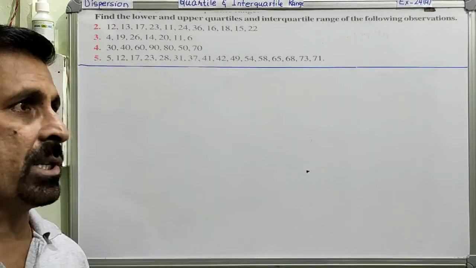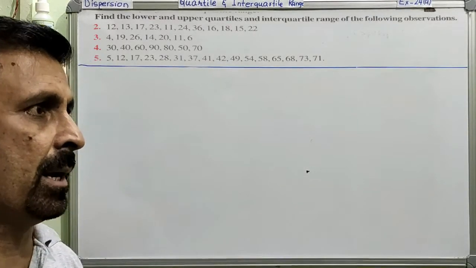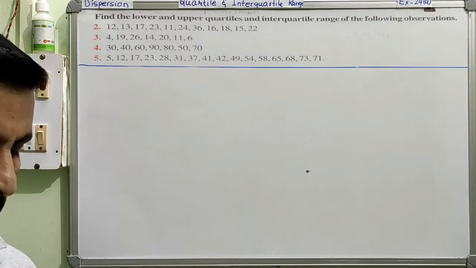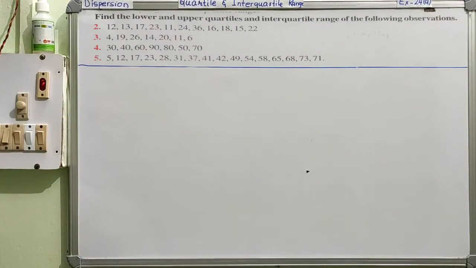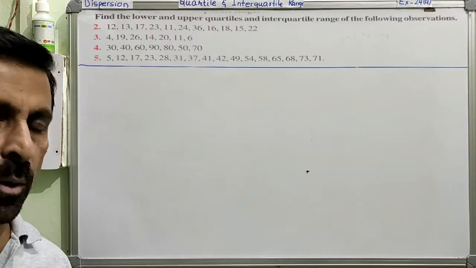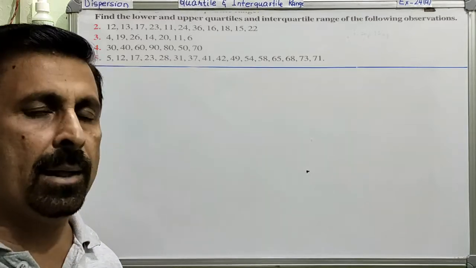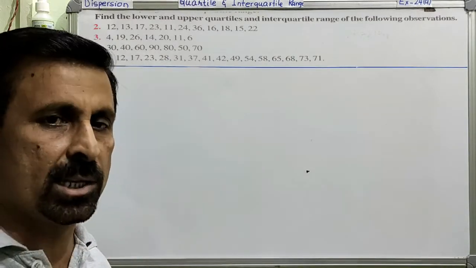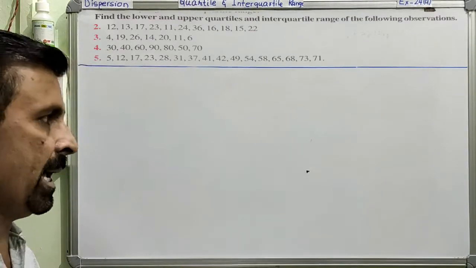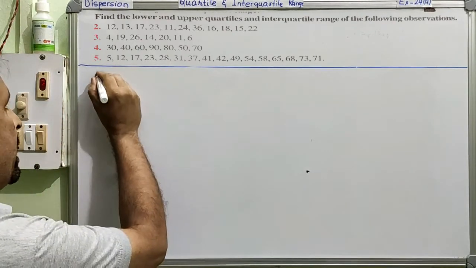Now we are going to start first of all with the simple distribution and the individual distribution. I'm taking two questions, one by one. First of all, we are going to do question number 2. Now you can see question number 2 on the screen. Here the question is to find the lower quartile, upper quartile, and the interquartile range. So there are 3 things we have to calculate. Anyway, we are now going to start finding the solution.